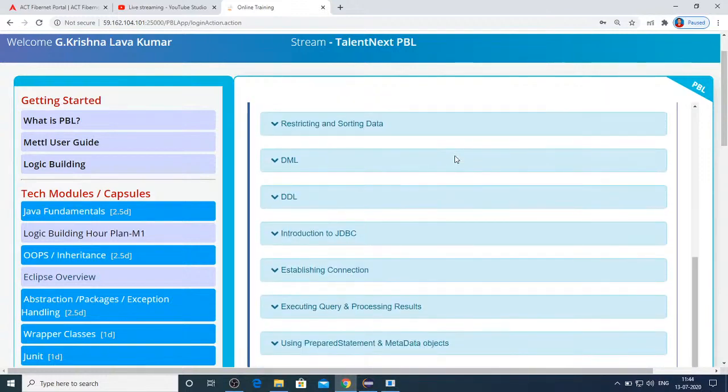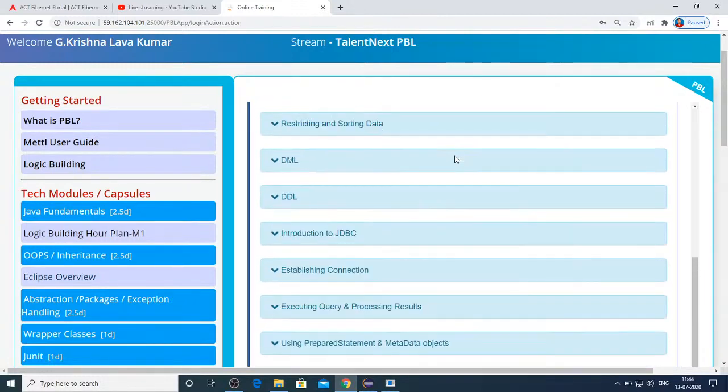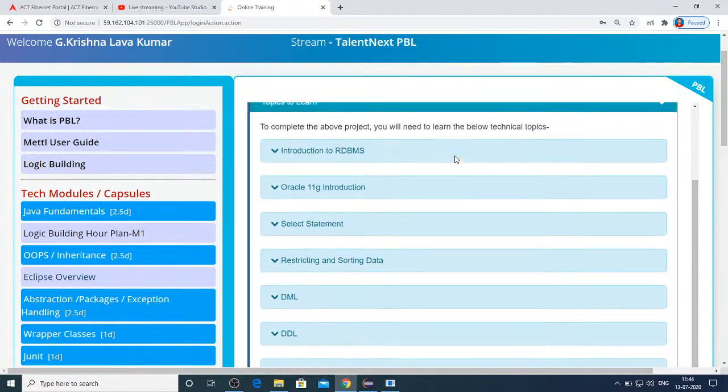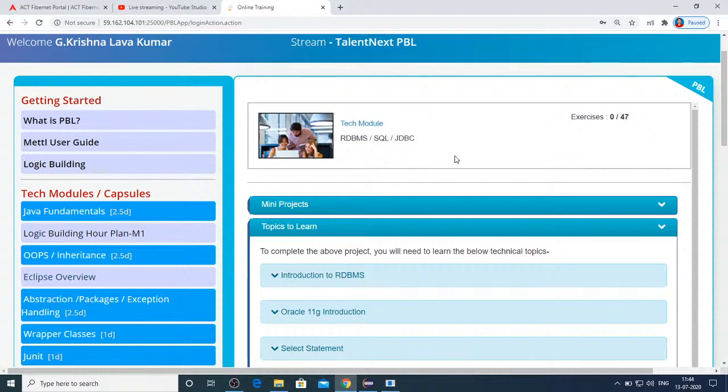What you will be asked with regard to the final project and what you need to remember there, I'll show you, because everyone must do this project as part of your final assessment, which is related to JDBC. So I'll give you a few more tips in tomorrow's session.